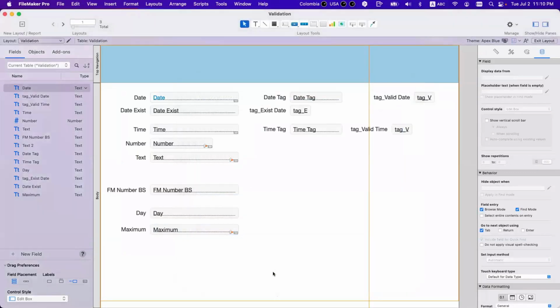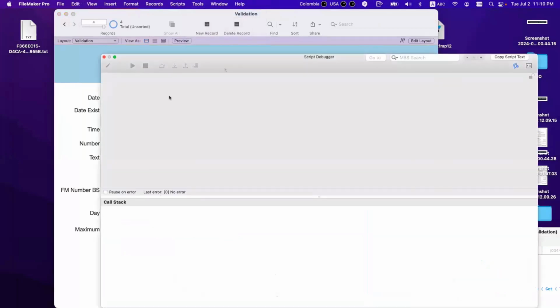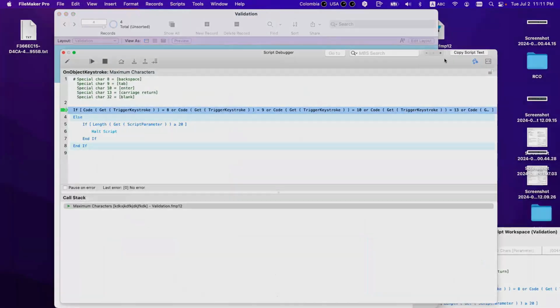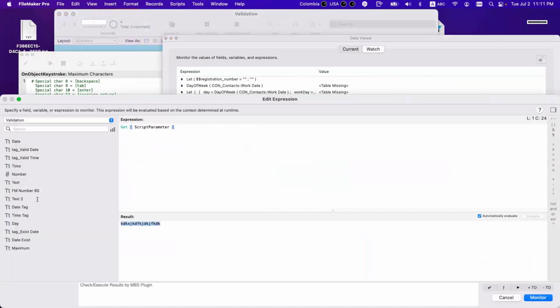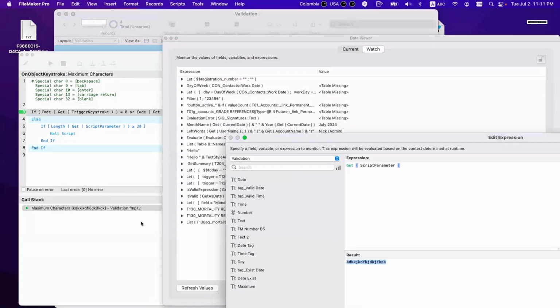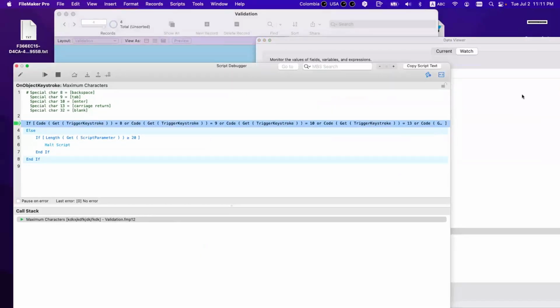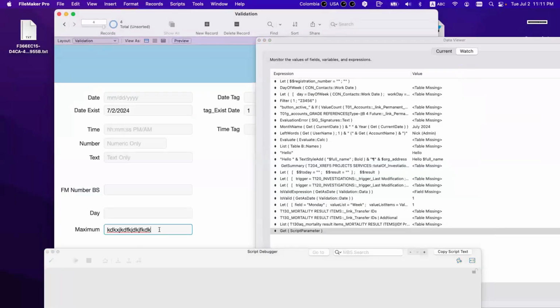That means if I do this, I have my parameter here. Do I have it here? No. My parameter is whatever is in the field, the field itself, right?